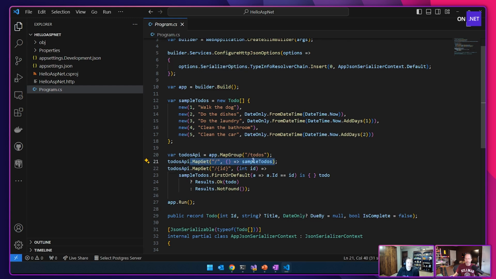In our API, we're returning objects, but to the internet, it's going to be JSON objects. So these objects are going to get serialized by System.Text.Json. The problem is, by default, System.Text.Json uses reflection and potentially generates IL at runtime, right? Which we talked about, you can't do in native AOT.